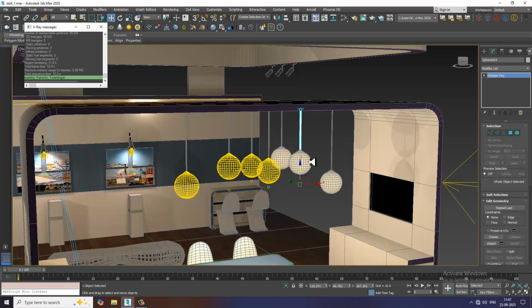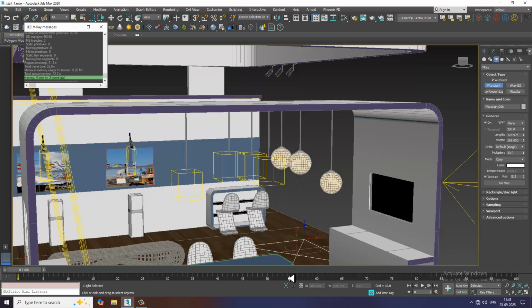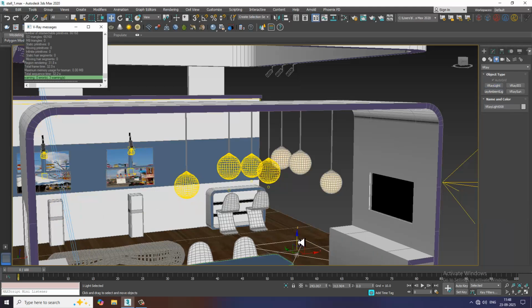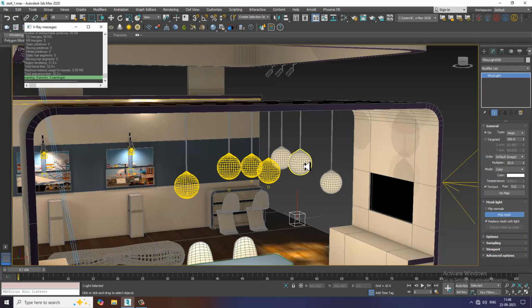So I'll select this. Again I'll take a V-ray light. I cannot copy this because the entities are different, because we have assigned the mesh on it. That's the reason you cannot copy that. So again I'll make it as mesh light, and I'll pick this mesh. Again I'll make this as 3 over here, and I'll change the temperature for the light. That can be done accordingly. So once it is done,